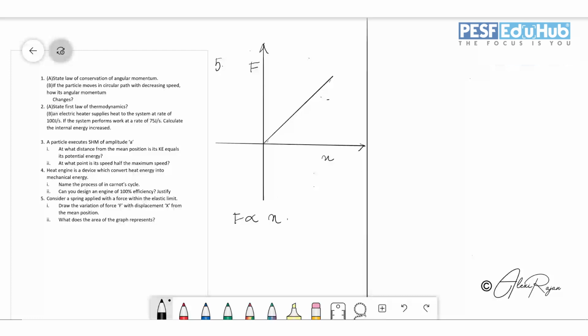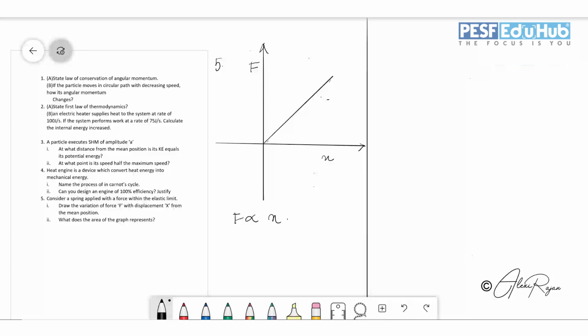But if more precisely, you will get a different thing, that is, you want to consider the negative slope graph and all, but here the question is clear cut, no need of further overthinking. So you will get a straight graph there, that is, if you are plotting a force displacement graph, then obviously you will get a straight line. Why? Because they are directly proportional,